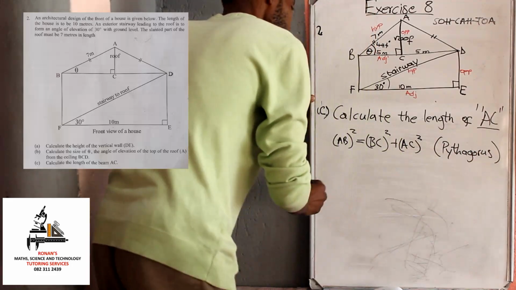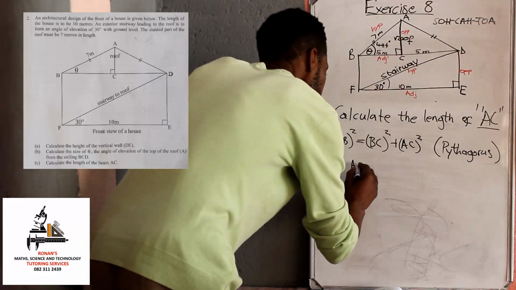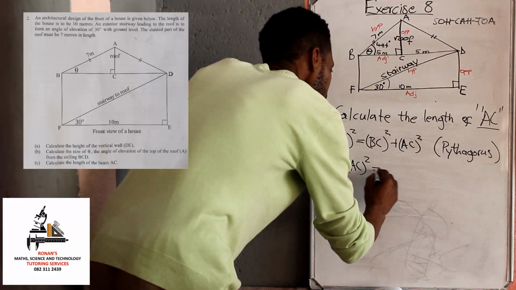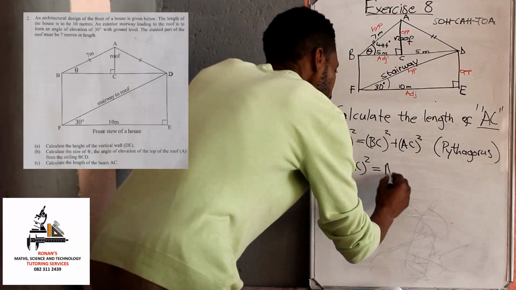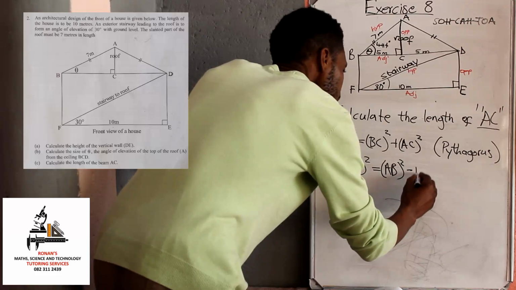Therefore, because I'm looking for AC, then AC squared will be equal to AB squared minus BC squared,